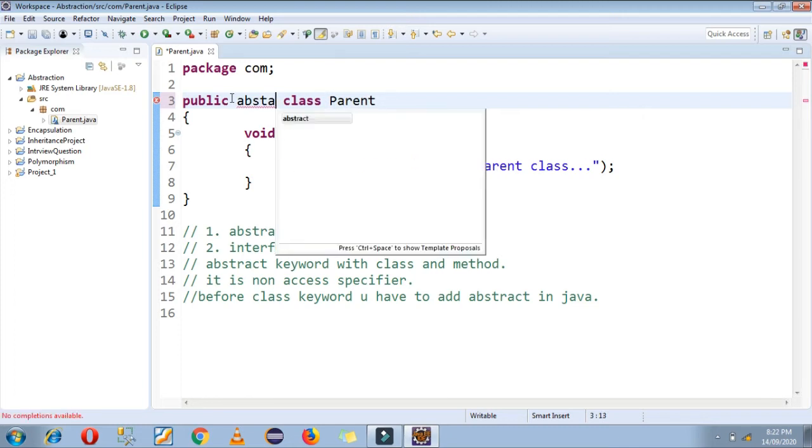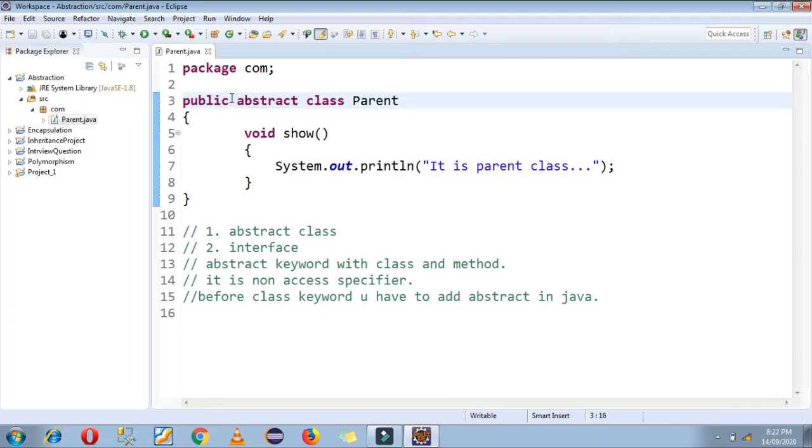Abstract is a keyword as well as a non-access specifier, and if you declare any class as abstract, that means you cannot create an object of that abstract class.